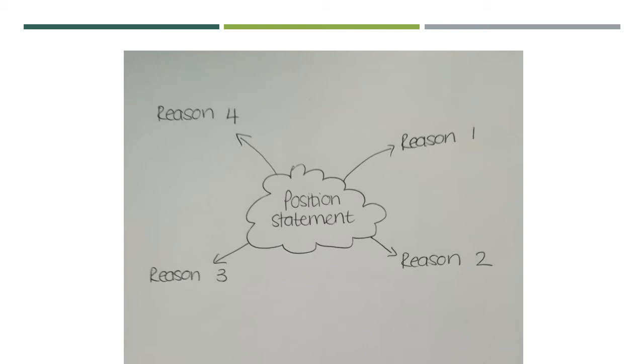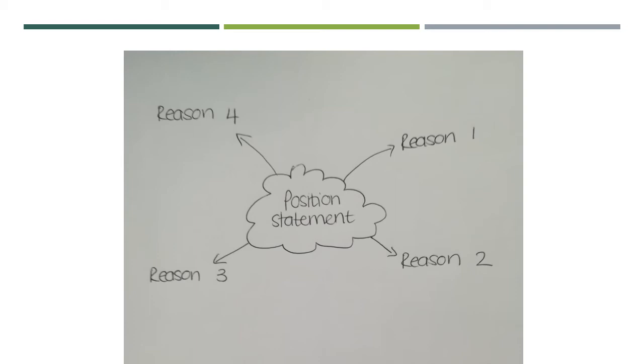Now think about the lawyer. If your position is that your client is innocent, you cannot just say my client is innocent and sit down. You have to give the judge good reasons. Now your reason might be, well, my client has an alibi for that particular night. And then you would unpack and explain exactly what the alibi is. Your second reason might be, my client had no motive. And then you will explain exactly what you mean by that.